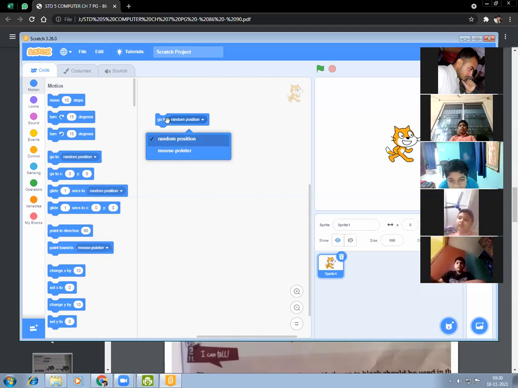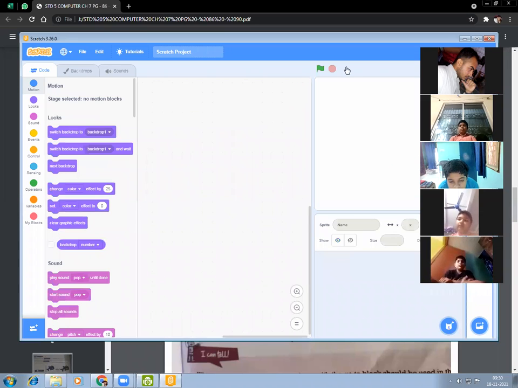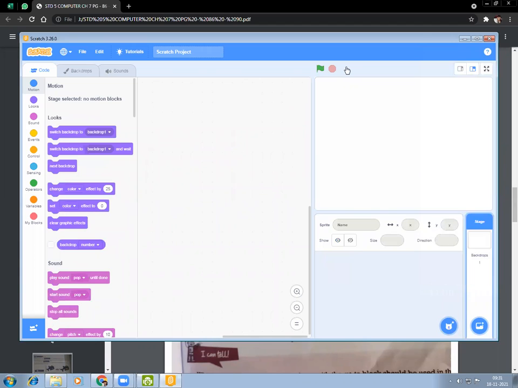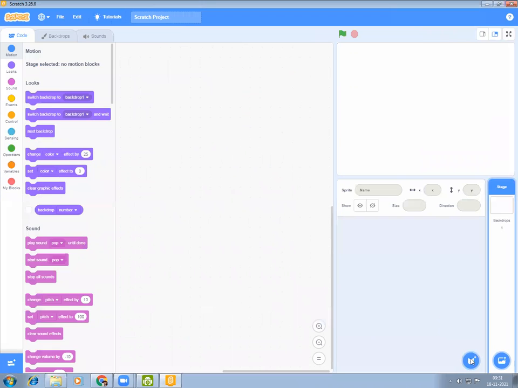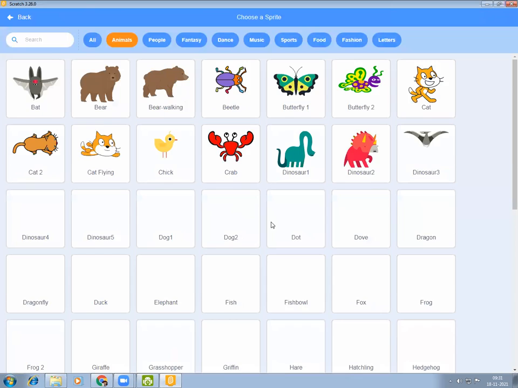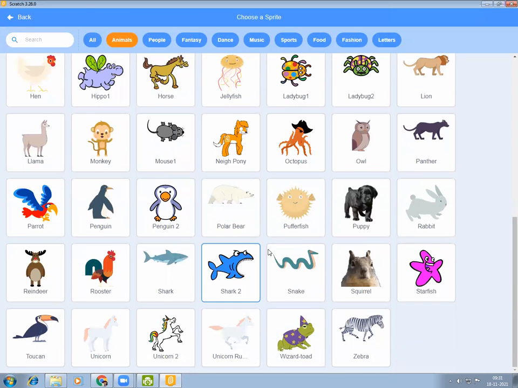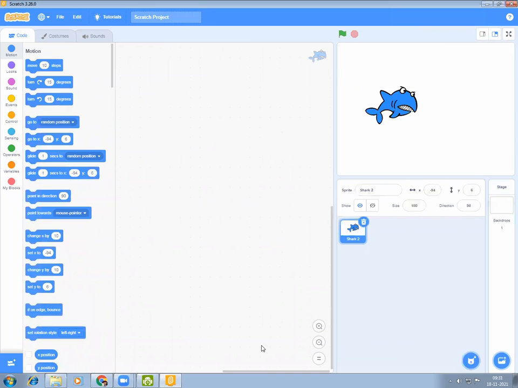So before that, we have to create the sprite. We have to create a new project where we have to put a shark and a small fish.